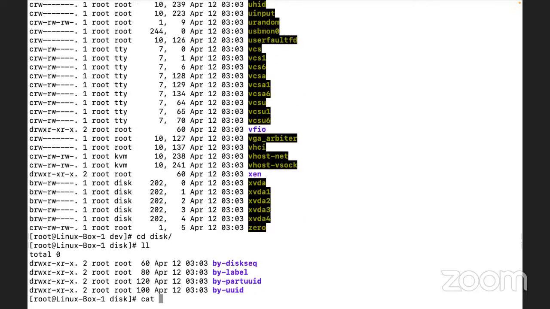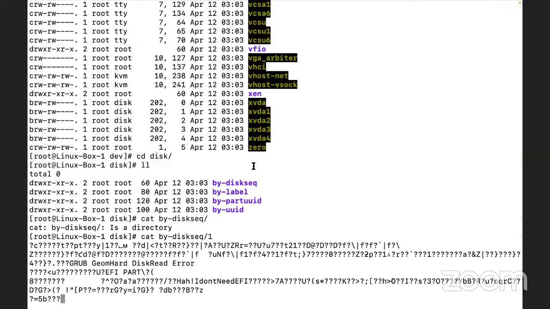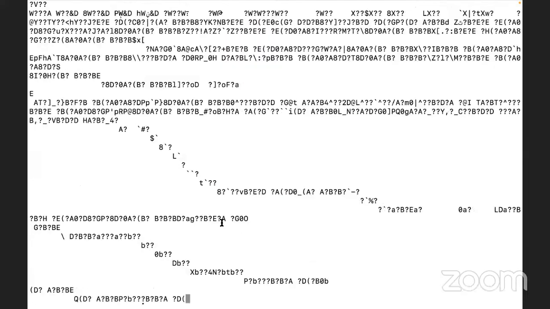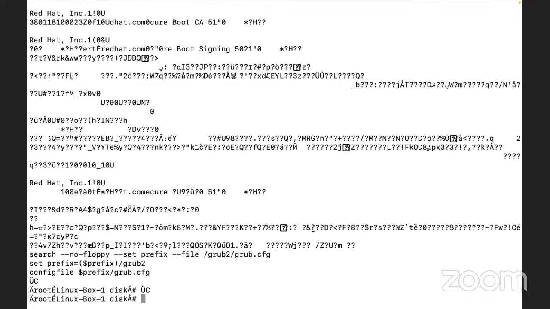Now you want to read these files by disk. So I am trying to read that particular file which is mounted in binary mode.